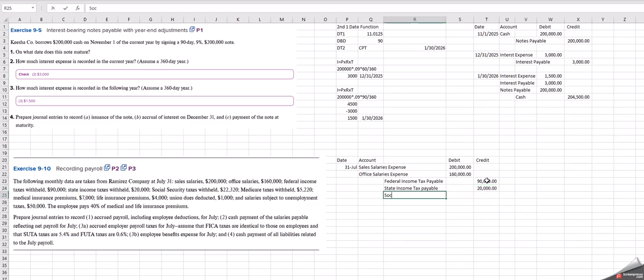We have Social Security tax payable, and that is $22,320. We have Medicare tax payable, $5,220. Medical insurance payable, for $7,000. Life insurance payable